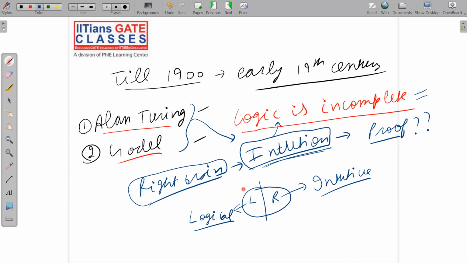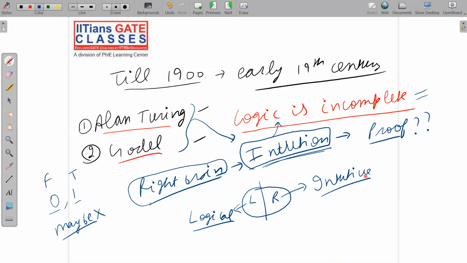Okay, so logic means strict yes or no, nothing more than that. That is 0 or 1. Logic means true or false, 0 or 1, nothing more than that. 0 means false, and 1 means true. So maybe, may not be, these are not logical statements. So left brain is logical, that is complete true, false, and so on.